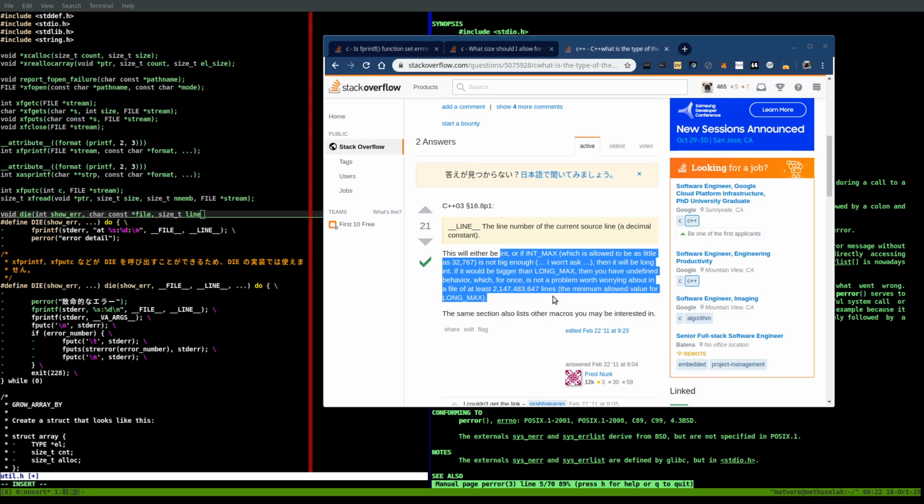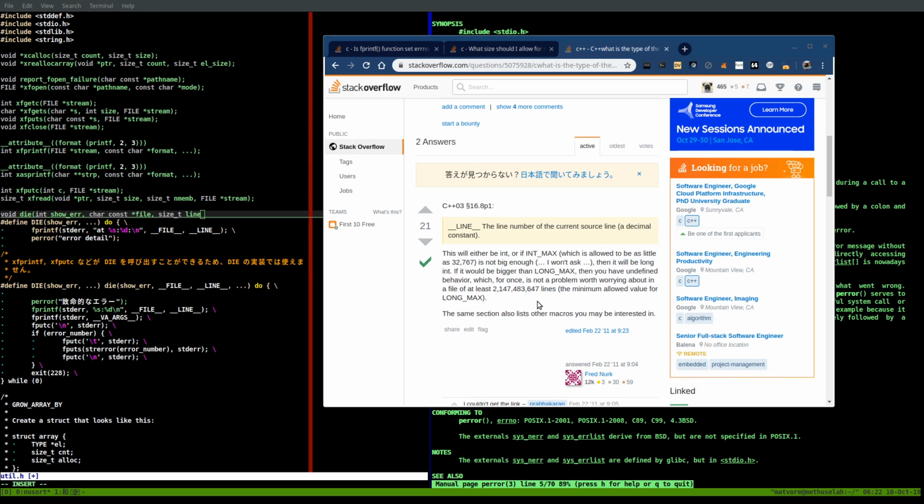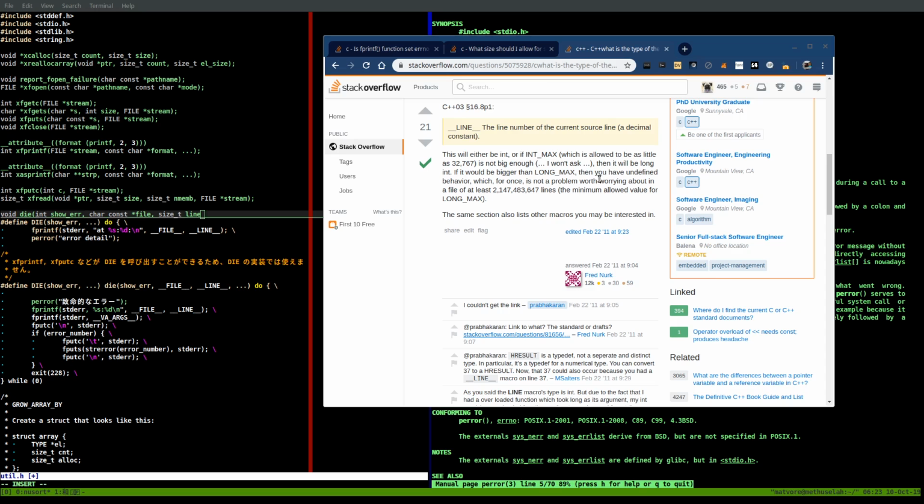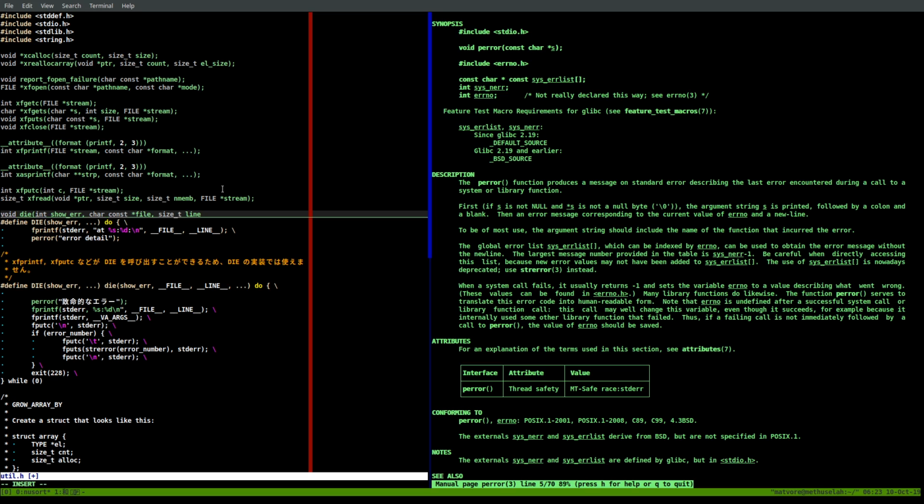Bigger than long max, and you have undefined behavior. Yeah. Okay. Decimal constant. So if it's a decimal constant, then I guess long int would make sense. So let's do long line, and